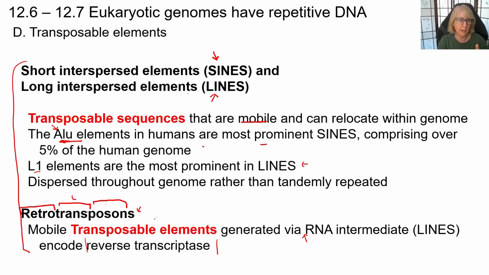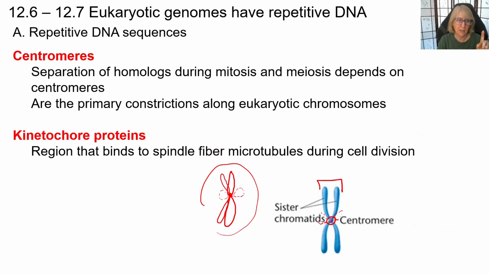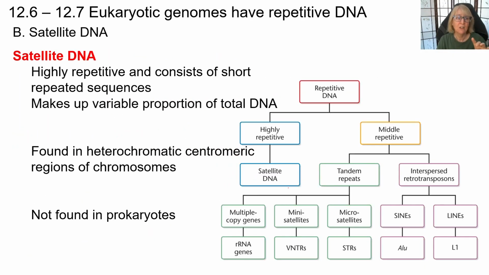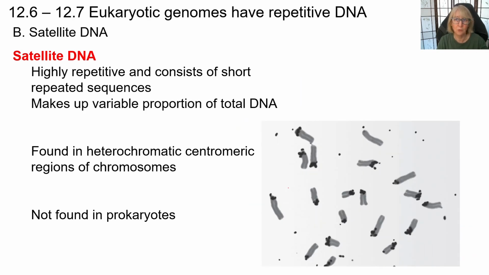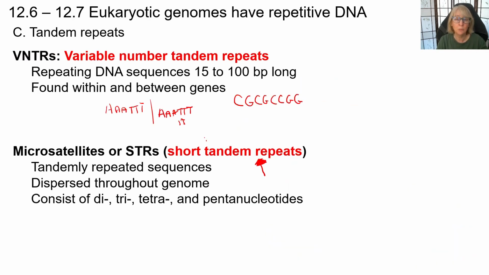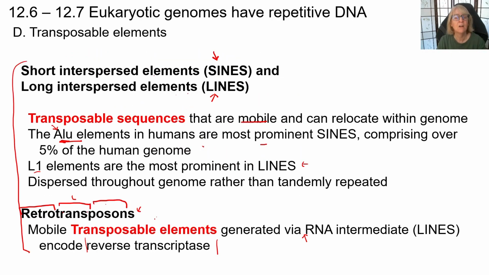the difference, and I'm going to go back here, between repetitive sequences. I want you to recognize the differences between satellite DNA, that these are variable, repeated, and found in heterochromatic regions. Tandem repeats, which are small repeated segments of DNA, whether they're really short or variable numbers, they're repeated sequences of the same code over and over again, versus transposable elements, these elements that are segments that seem to move from